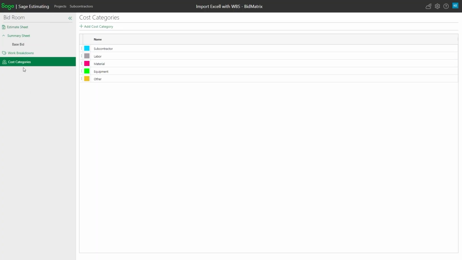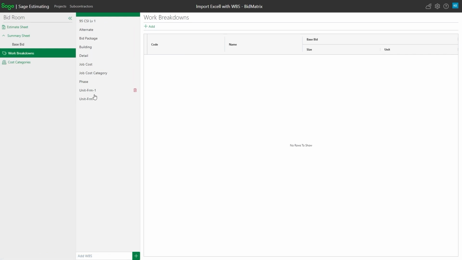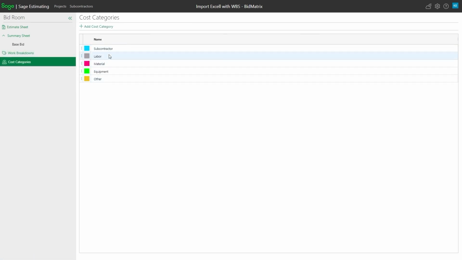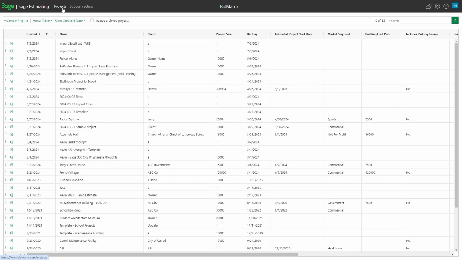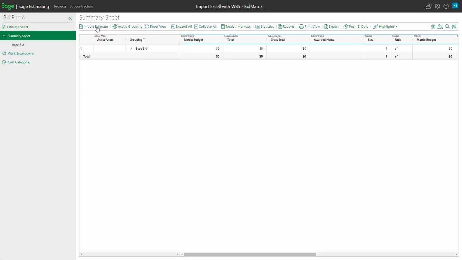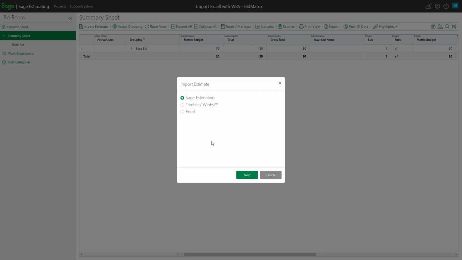Now, keep in mind, if I was really going to use all these WBS codes and all these categories every single time, this is where you'll probably want to check out the video about template estimates, where you could actually utilize this estimate as a template. That way, when you start new estimates, you could have the same structure, so you don't have to type those in each time. In this particular case, I'm going to turn around now and say I want to import an estimate. I'm going to go to Excel again. I'm going to find my Excel spreadsheet and drag and drop it on the box.